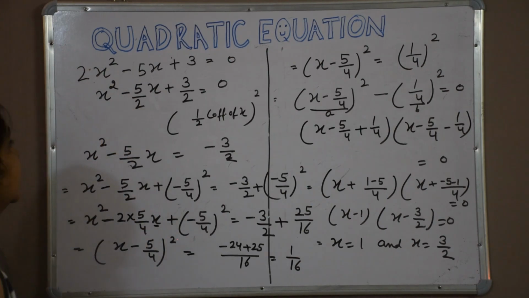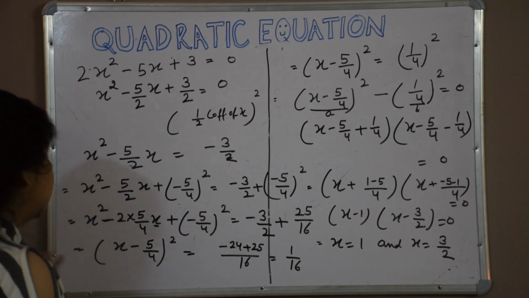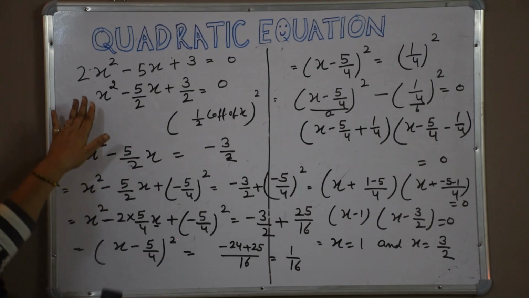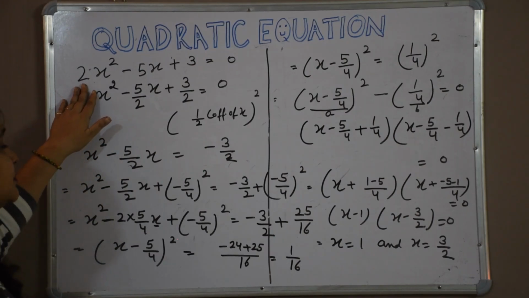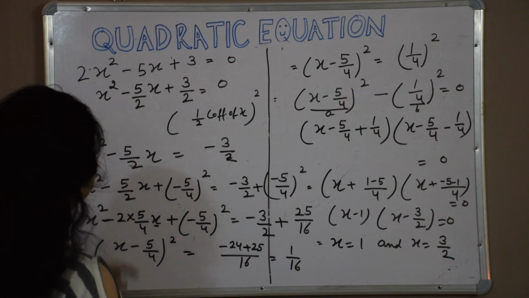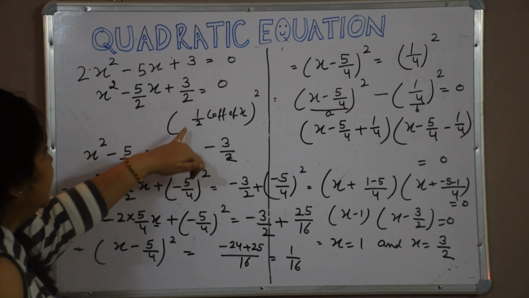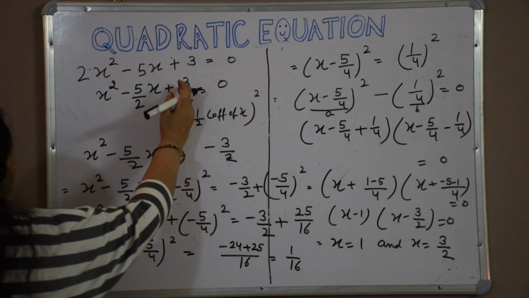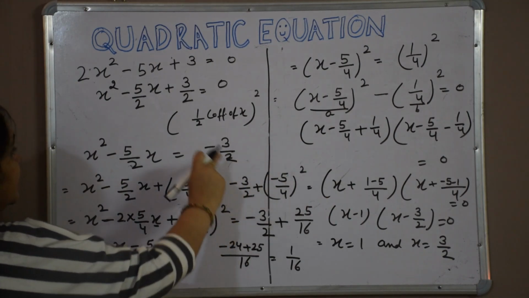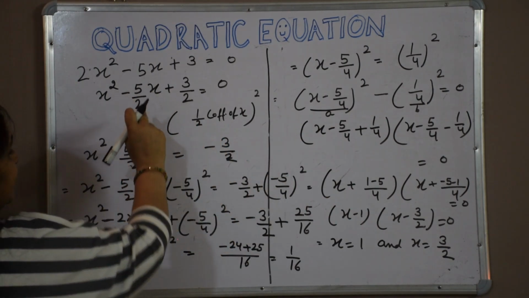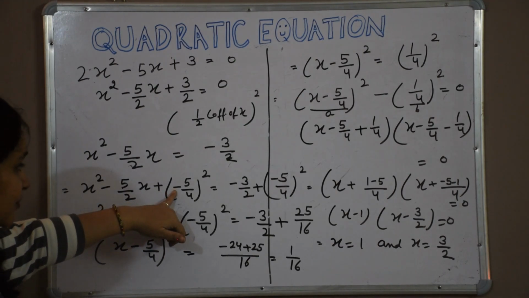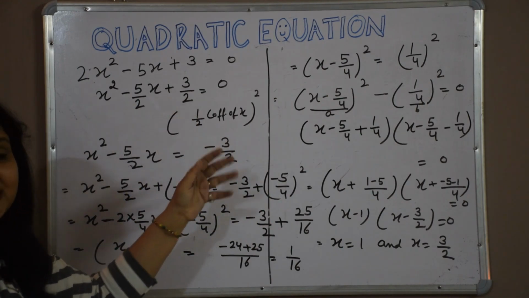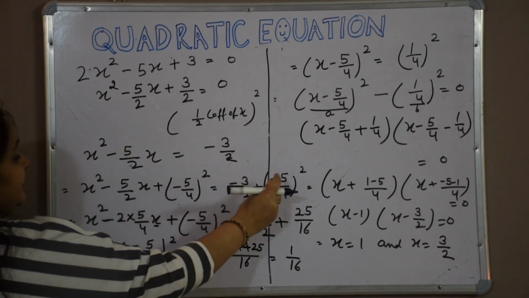Once more you see, it is a typical way of doing this type of question. Whatever is given to us, first of all you have to make the leading coefficient 1, and here the leading coefficient is 2, so divide the whole equation by 2. Now take half of the coefficient of x and make the square of that, and you can take the constant term to the right hand side also. Now half of the coefficient of x is minus 5 by 4, and you have to take the square of that, and you have to add it to both sides, the half of the coefficient of x whole square, both sides we need to add.